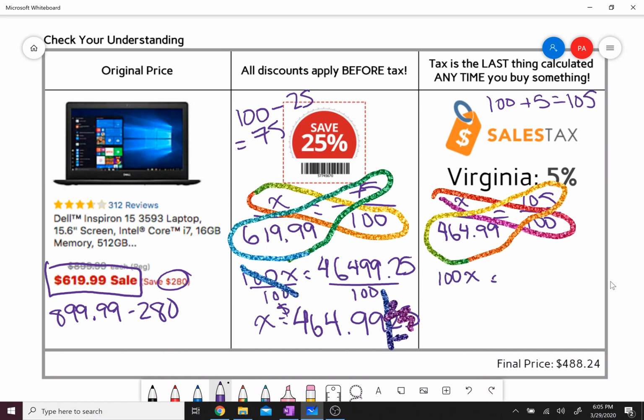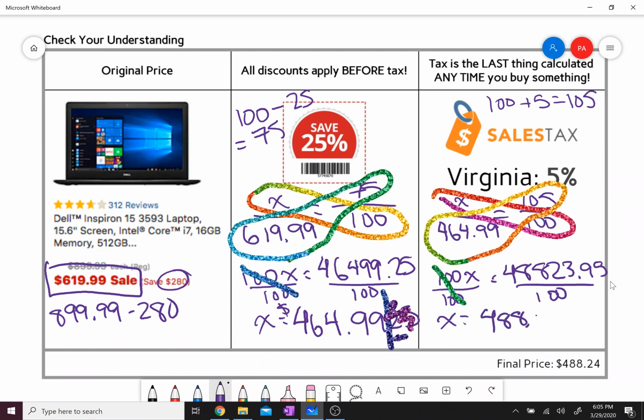And then calculating out 105 times $464.99 gives us $48,823.95. X is being multiplied by 100, so we divide by 100 to leave X isolated by itself on the left-hand side. So we have X equals dividing by 100 gives us $488, and then the decimal